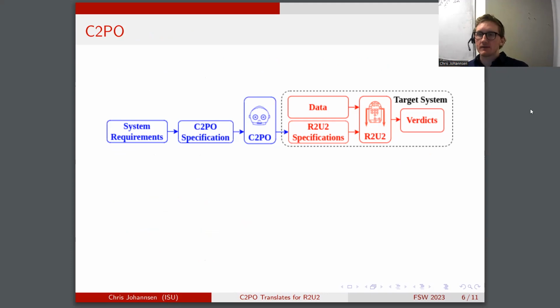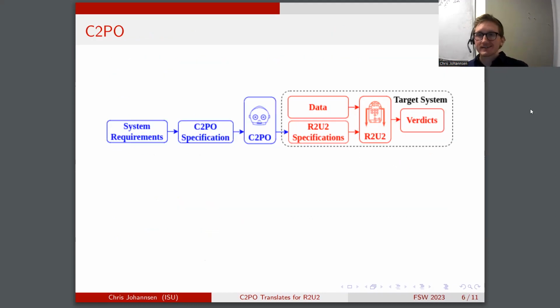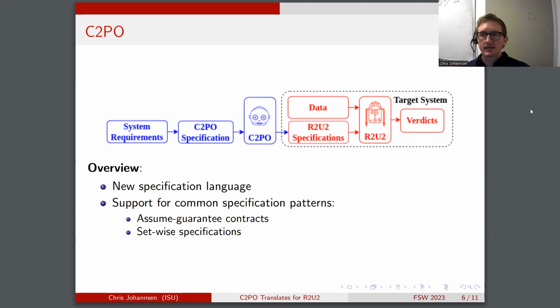this compiler, C2PO. So now we can take our system requirements, which is that first blue box, and translate them into a C2PO specification, which I will get into shortly. We hand that off to C2PO, which will then transform it properly into the R2U2 assembly, or the R2U2 specifications, for actual monitoring. So just to give an overview of what specifically I want to go over